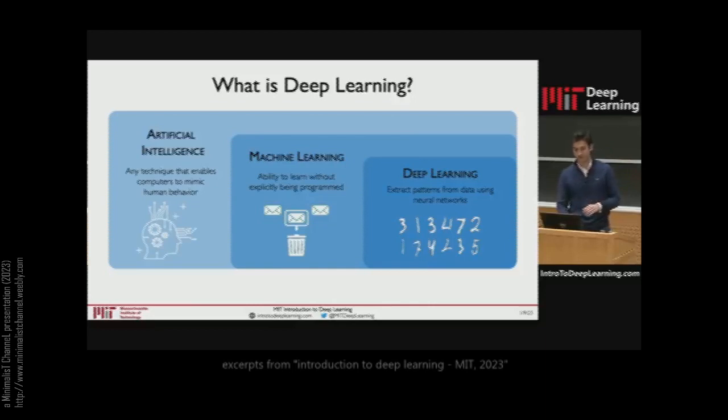Now, machine learning is simply a subset of AI which focuses specifically on how we can build a machine to, or teach a machine how to do this from some experiences or data, for example. Now, deep learning goes one step beyond this and is a subset of machine learning which focuses explicitly on what are called neural networks and how we can build neural networks that can extract features in the data. These are basically what you can think of as patterns that occur within the data so that it can learn to complete these tasks as well.